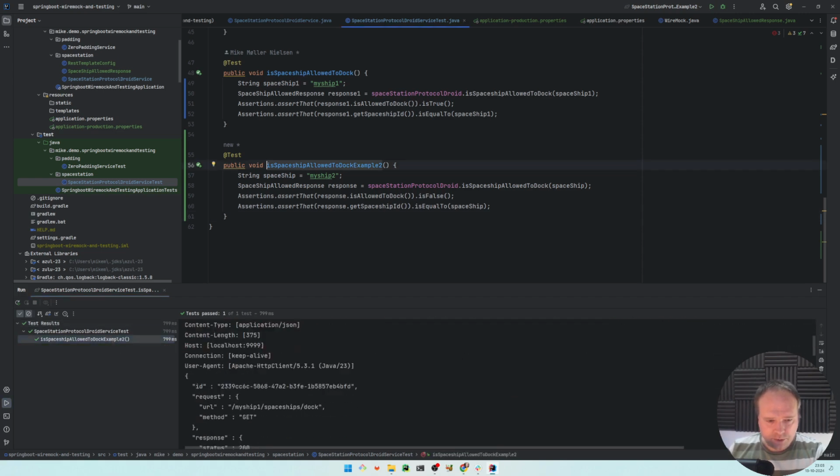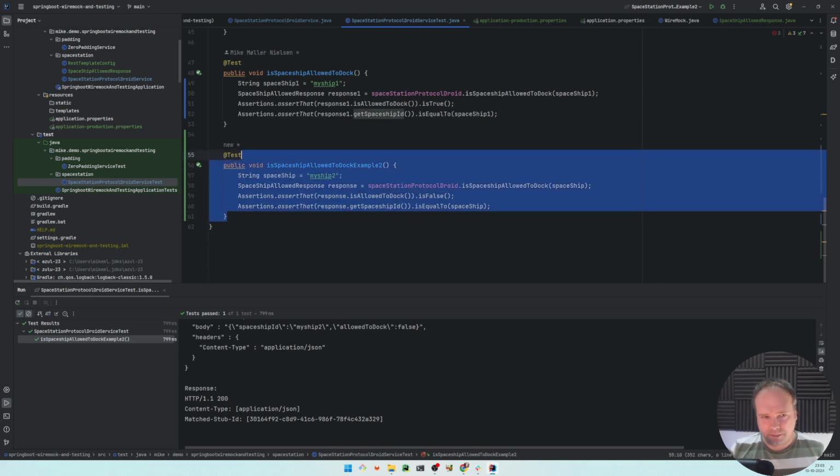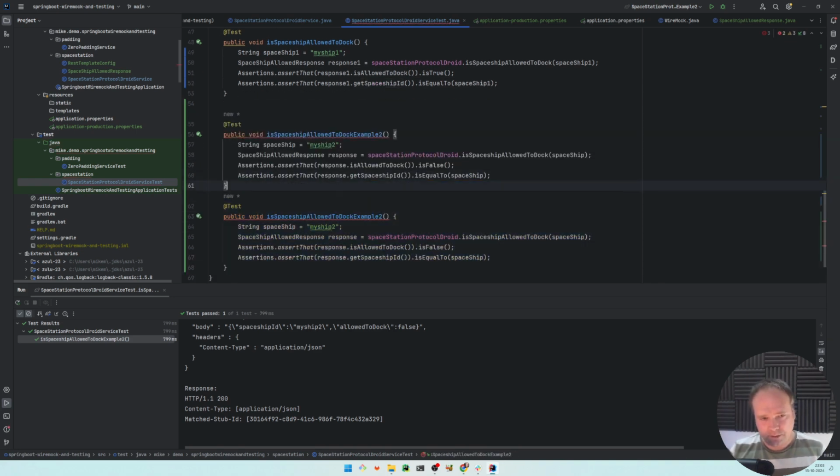Here we have example 2, and now it's green. The test is green. We are very happy. We are awesome. Now we can create our pull request, but now here comes the strong part about WireMock. Because let's say that we have a not found example. So not found. Because in this situation right here, now we are going to give it a ship that does